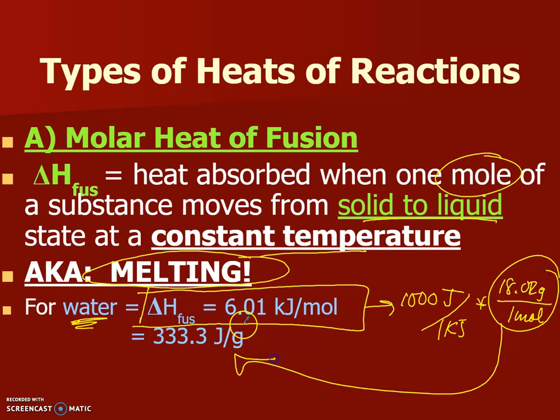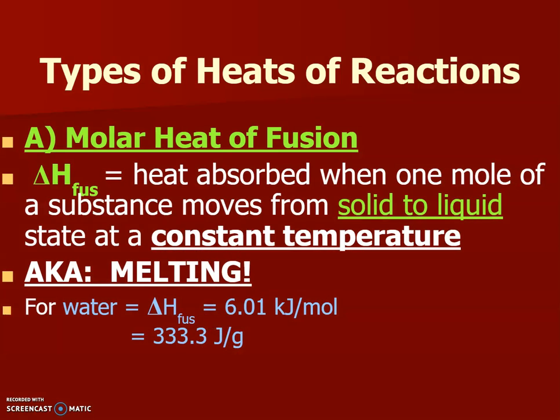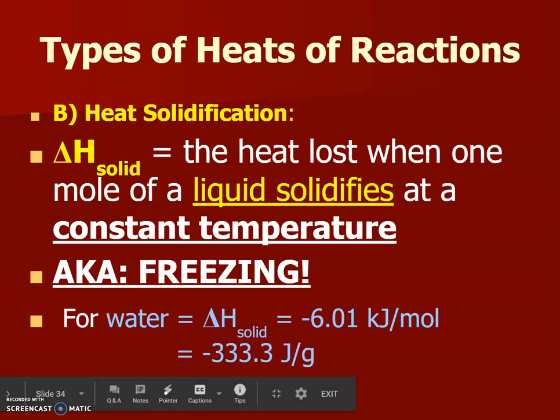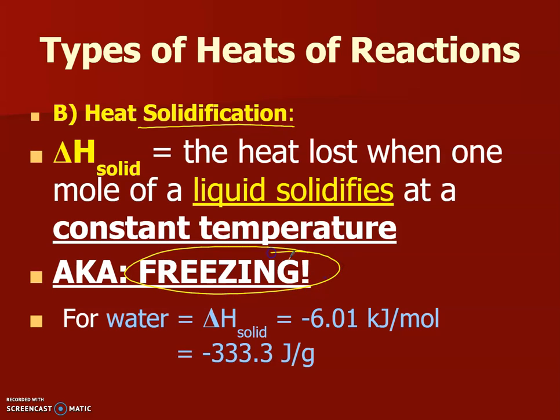And you can use them in these units also, 333.3 joules per gram. This is going to be the one that we're going to use most, okay? So if that's how much energy it takes to melt, how much energy does it take to freeze? You got it. The exact opposite amount. Okay, so for the heat of solidification, this is when you are going to see things freeze, and you're going to see that this is a negative value, negative 6.01 kilojoules per mole, or negative